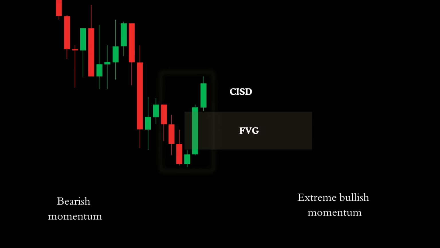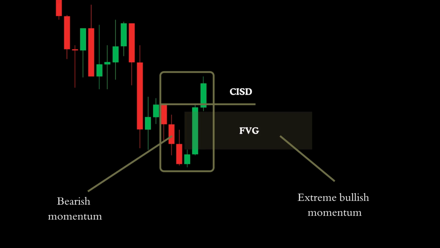institutional support. A rise in volume is often visually represented by fair value gaps, FVGs, which occur due to rapid buying or selling that leaves price imbalances on the chart. These gaps reflect intense market activity and momentum. When a CISD pattern aligns with a fair value gap, it strongly implies that institutional entities are driving the move,